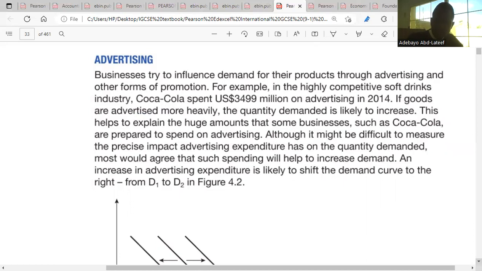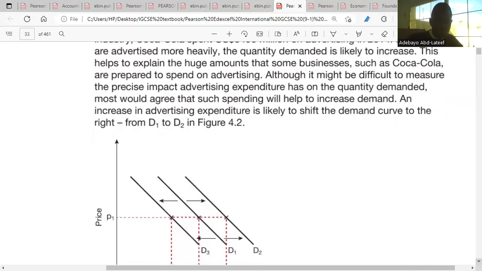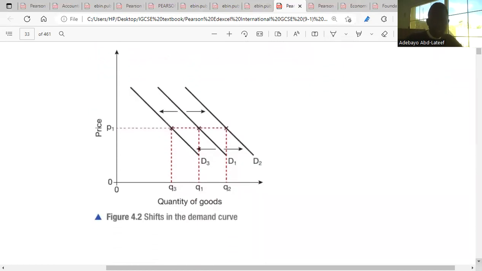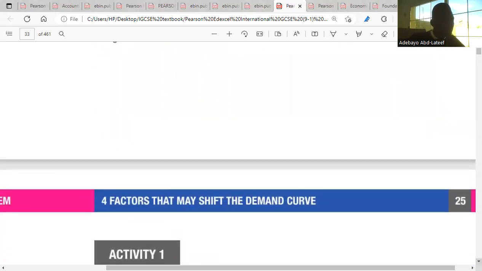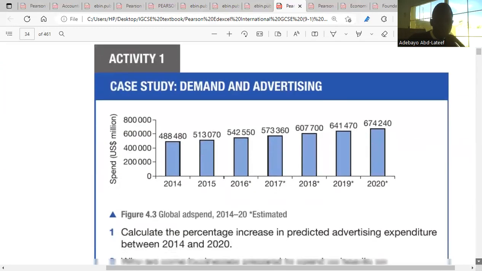Is it clear? So a successful advertisement, look at the graph here, will shift the demand curve from D1 to D2. It's going to lead to a rightward shift. Is it clear? Great. So that is about advertisement. Now we go to income. But before we go to income,